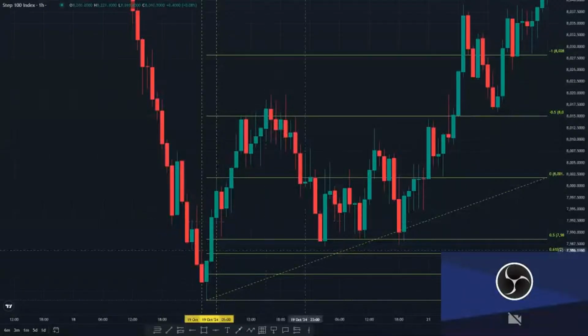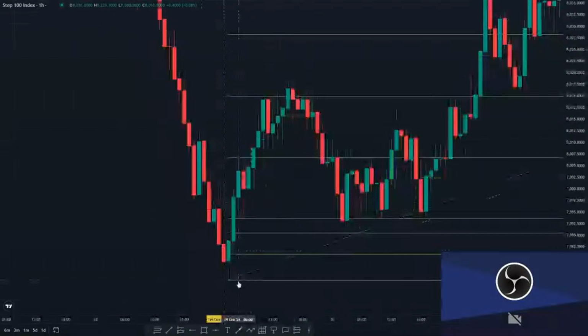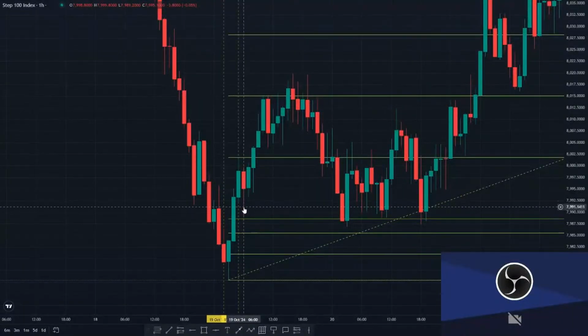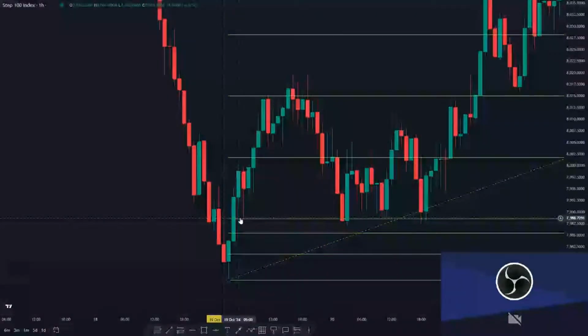I'm saying it here, right? So 19th of October. Imagine you get your bullish change in delivery with this candle's close above the body. You only get a return here at 6 a.m. to the body, you got a rejection here at 5 a.m. So what the question then becomes is,